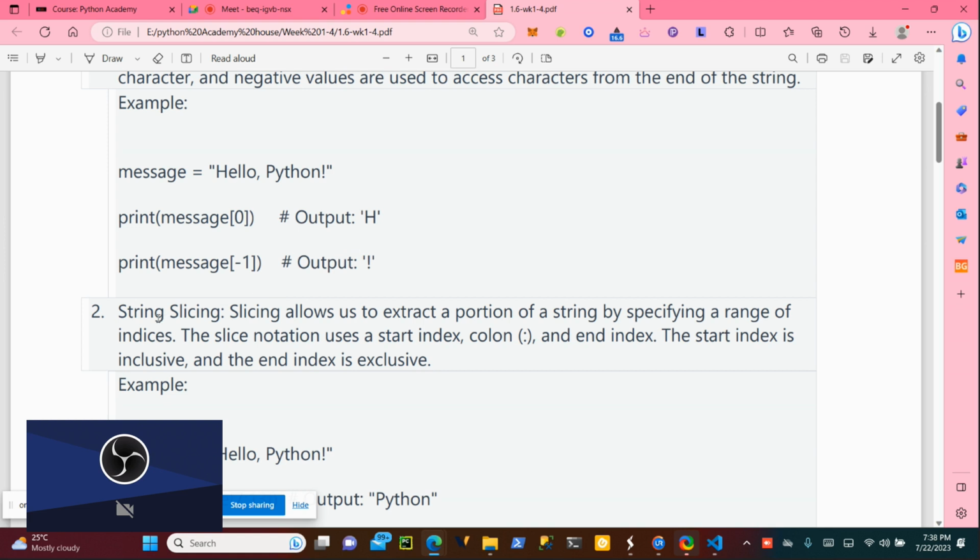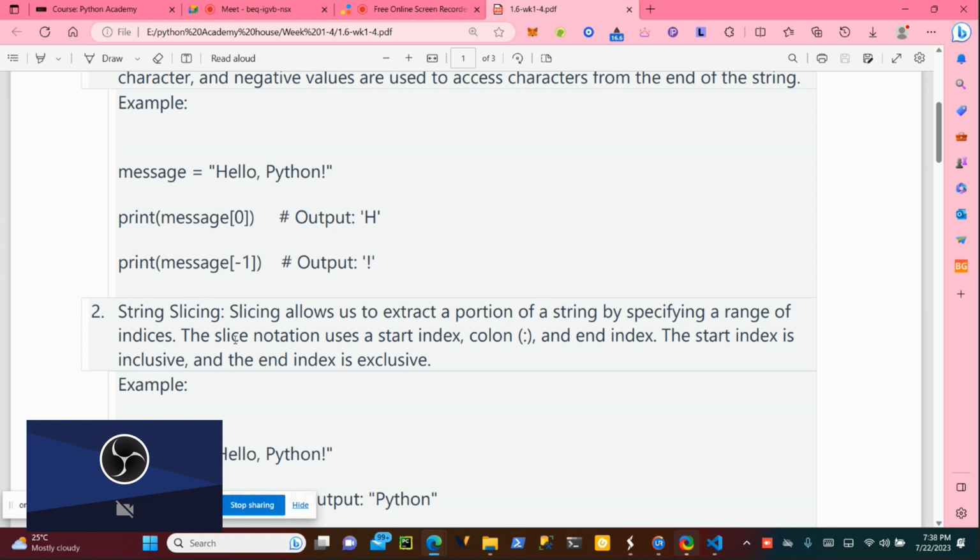Now, the next one is string slicing. Slicing allows us to extract a portion of a string by specifying the range of indexes. We already understand the index is the position.